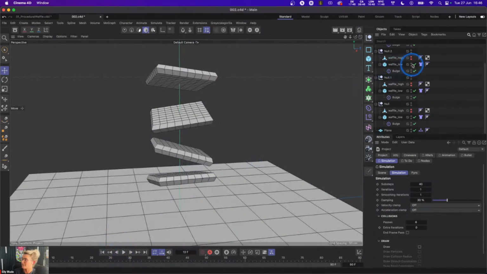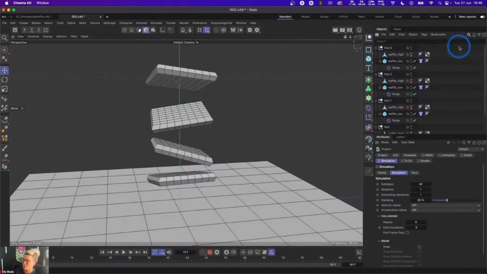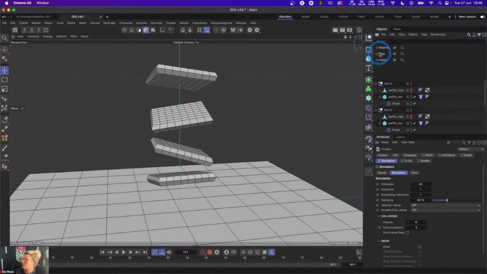Okay. So what we haven't done is we haven't actually changed this into a soft body simulation yet. At the moment, it's still a cloth sim, which actually doesn't look too bad. It's working pretty well. So if you're happy with that, then by all means, run with it. But let's actually dive into